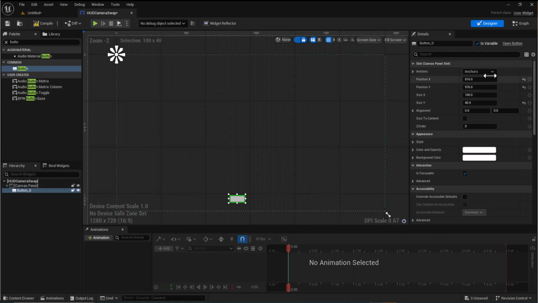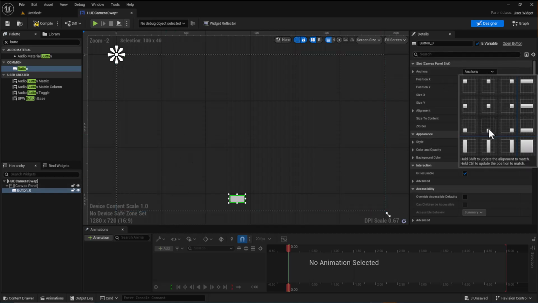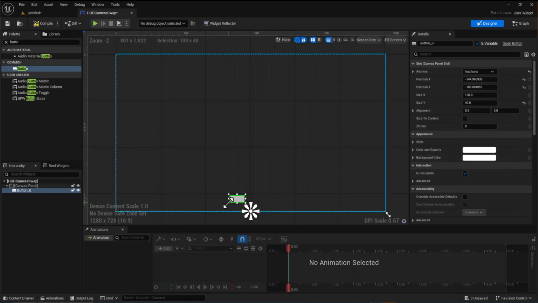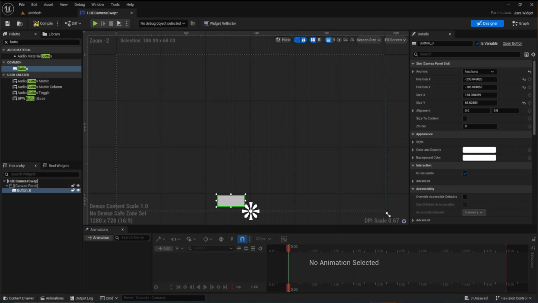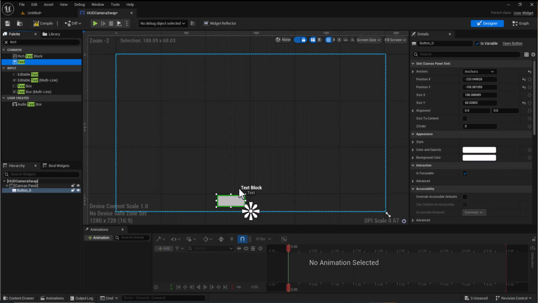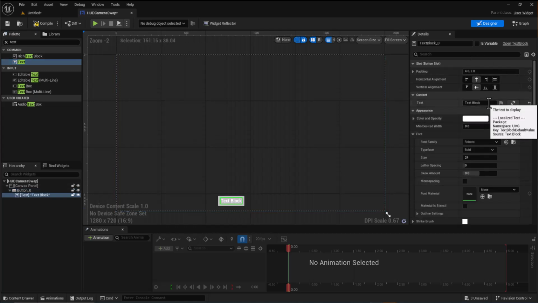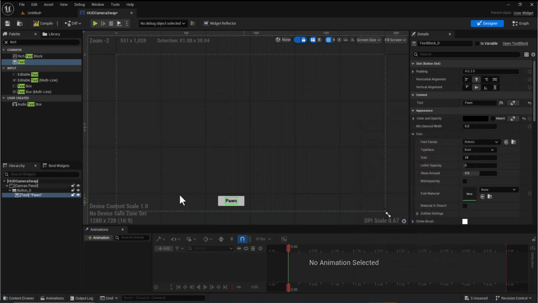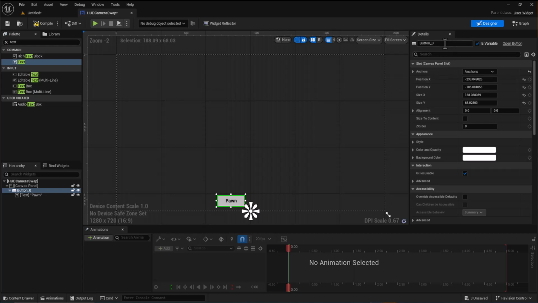Now, I am going to change the anchor so that it is anchored into the middle at the bottom, like this. And then I'm going to expand this out a bit and add some text to it. I'm going to drag the text in. And we're going to swap between the pawn and 2 cameras that we place into the world. So I'm going to change this text to say pawn. And I'm going to change the color of the text to be black. I'm also going to change the button. I'm going to call this